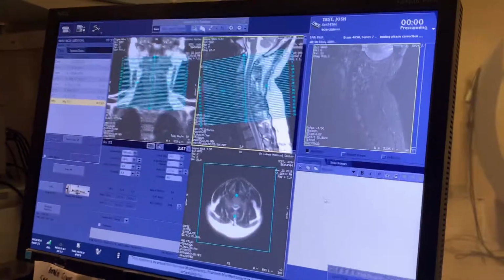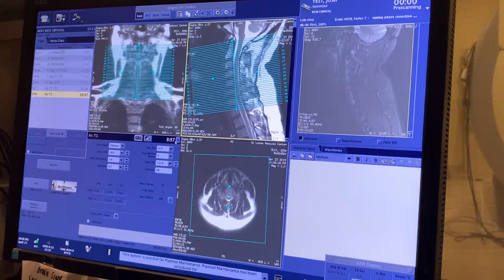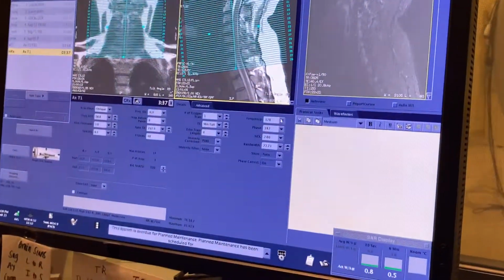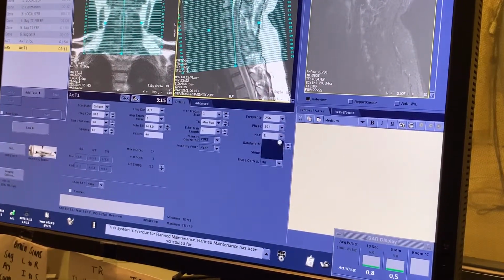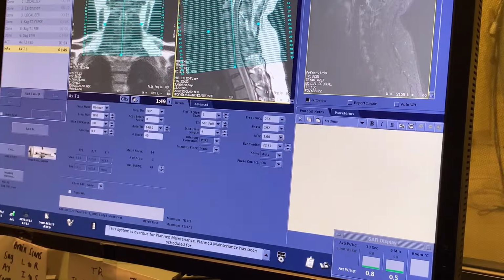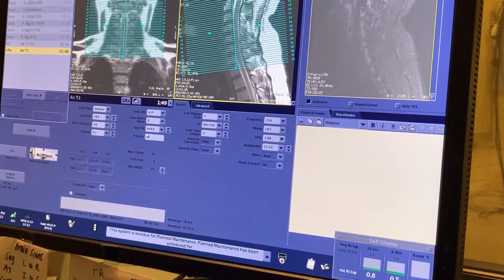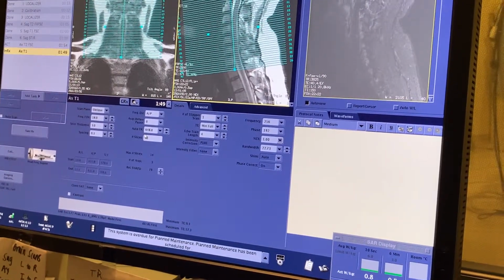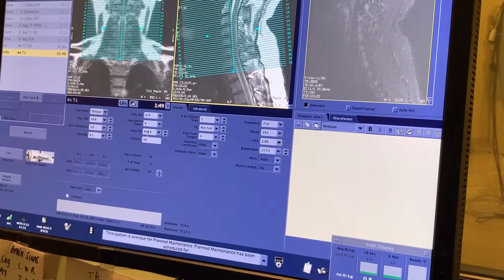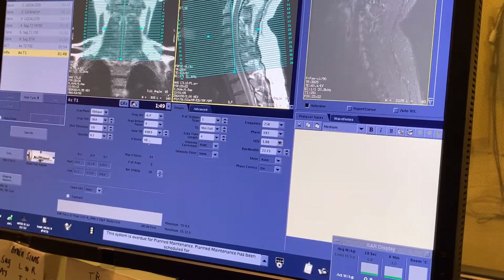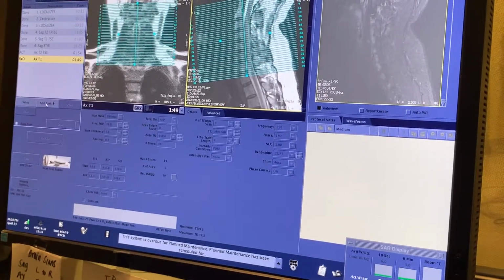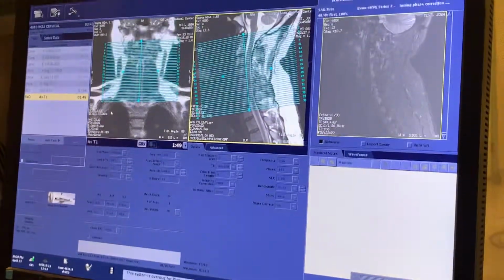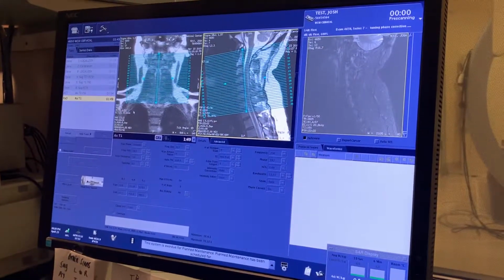There's no SAT band mentioned here, so I don't have to put a SAT band on. I go over here, do my parameters, 256, 192, NEX of 1, check my TR. My TR looks good, between 400 and 800, and 648 falls right in between there, so that's good. So then I hit save, and that's it. Scan complete. Then I just basically sit and watch the